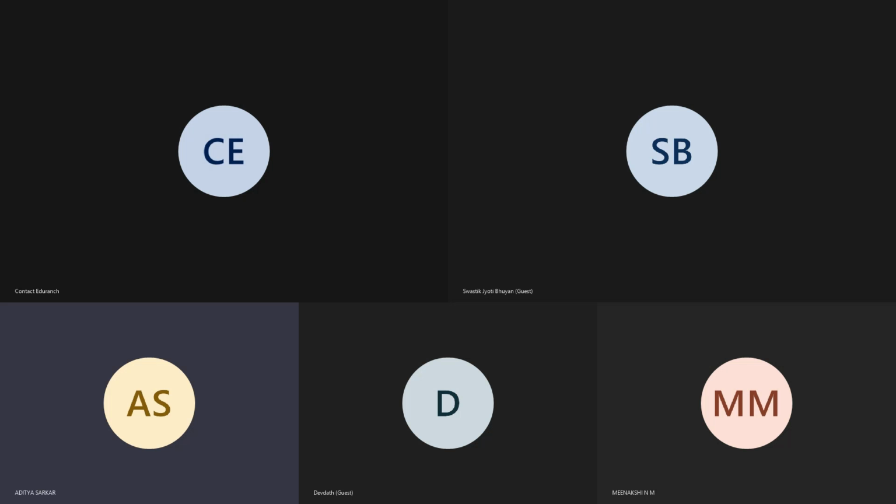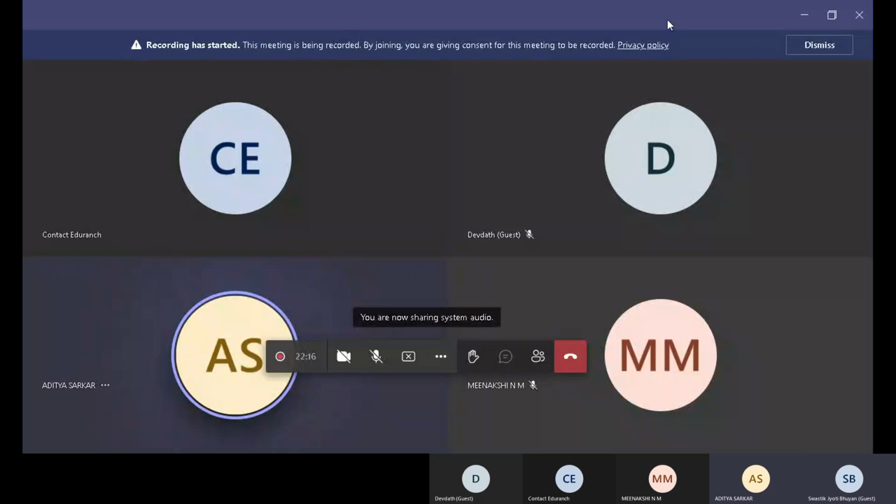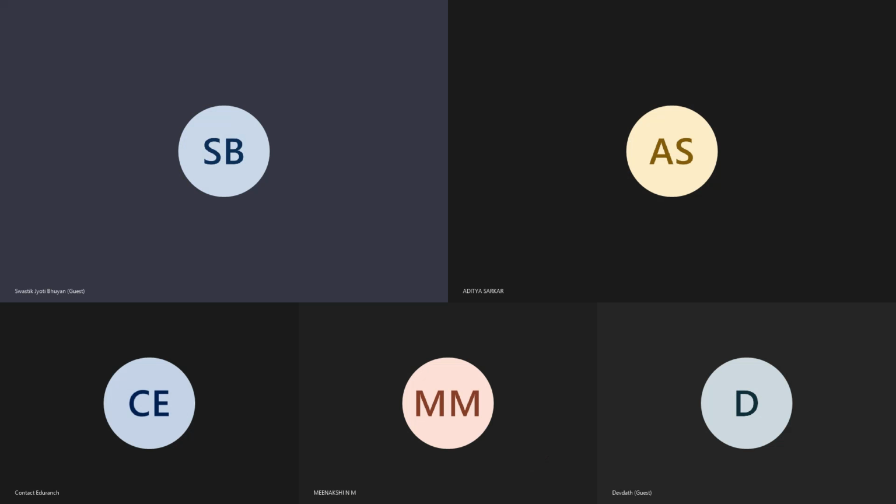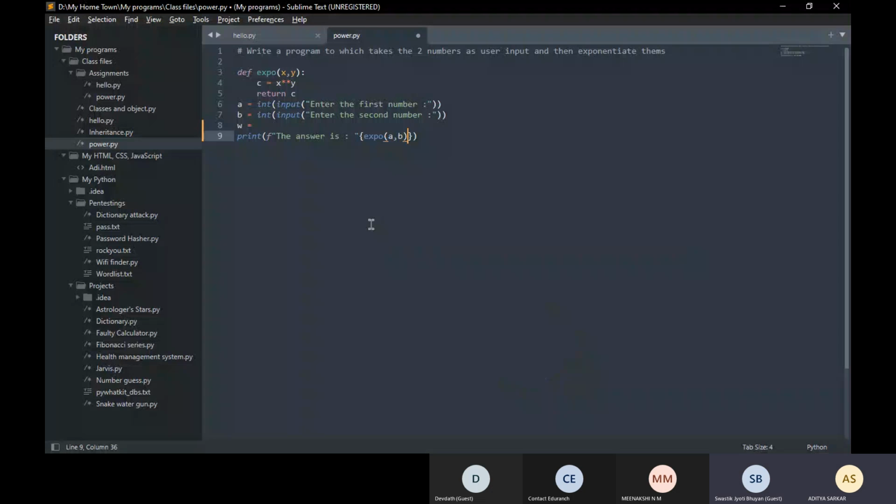For me, I have written a program in such a way that it's taking user input as an integer and then passing it as an argument. So how do I reduce the lines? Show me your screen. Yes, sir. I'm taking user input. So how can I shorten this up? This variable I can remove. That is the point. But if you're taking user input, there's no way of shortening that, right? Okay, let's see if you can reduce by at least one line.